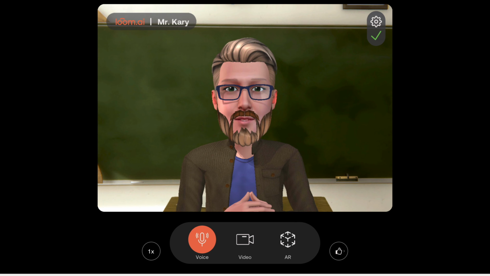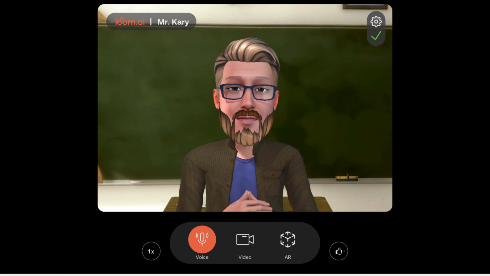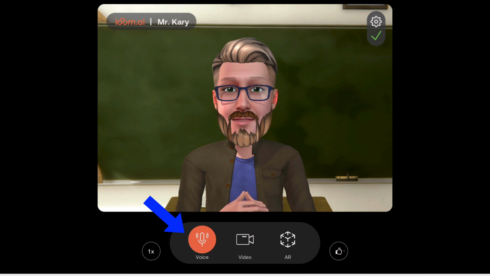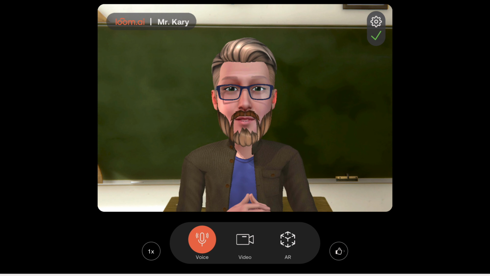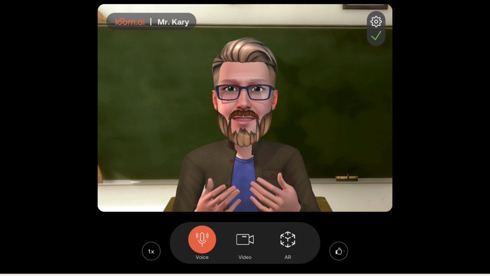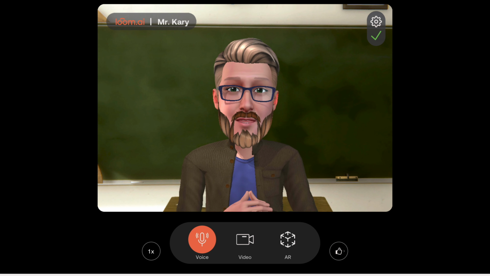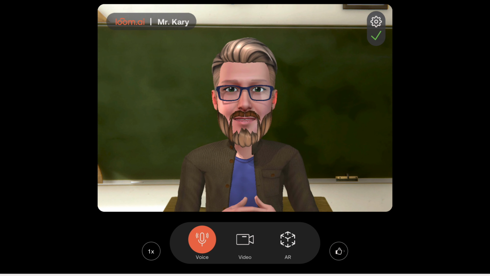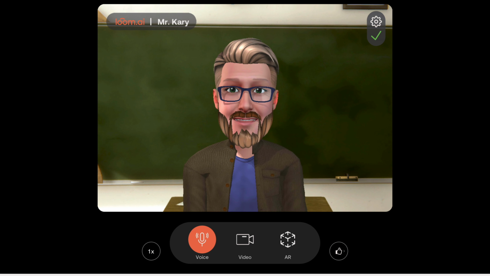When you first open up the Lumi camera, the default setting will be on voice only. Under this setting, the avatar will track what you're saying, but it won't also track your movement. So you'll notice here that the lips on the character are moving to reflect the fact that I was talking when I recorded it. Now, this setting does have the benefit of allowing you to actually get up and walk away from your computer, and it will still track your voice and appear as though you're sitting in front of the screen. This will definitely work best if you have a headset, so it's able to track what you're saying more accurately.